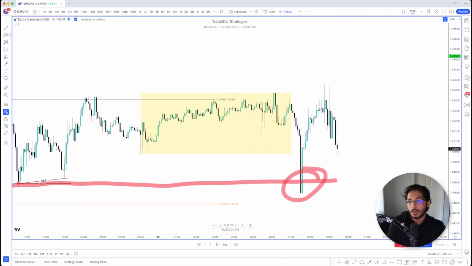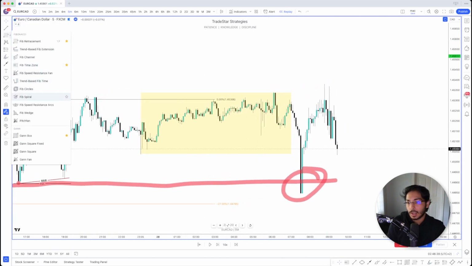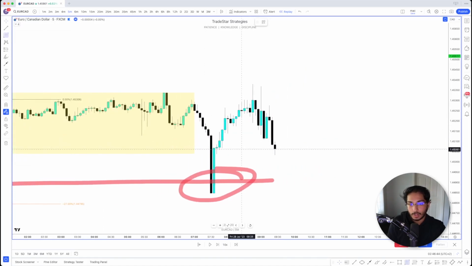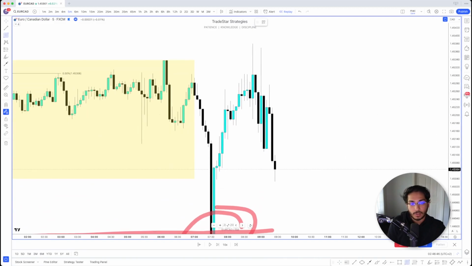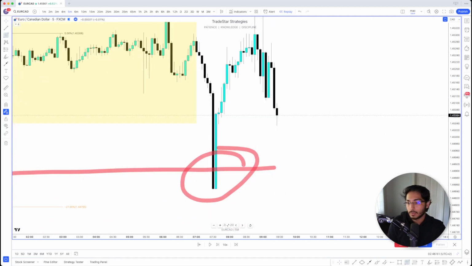What we did at this point was very simple. We took our measuring tools and we measured the specific candle of interest, which was, where are my favorites at? Here they are. We measured this from the open to the close. And what we did is we took our long position